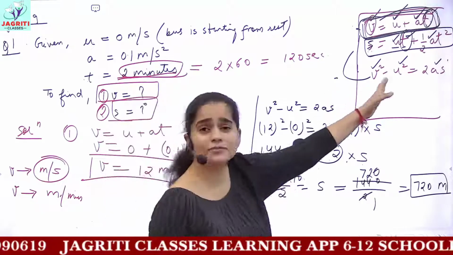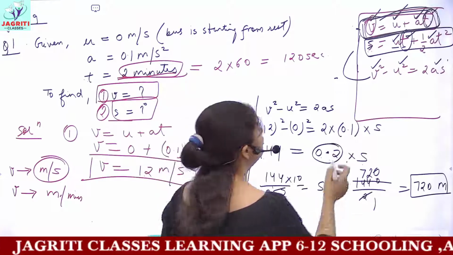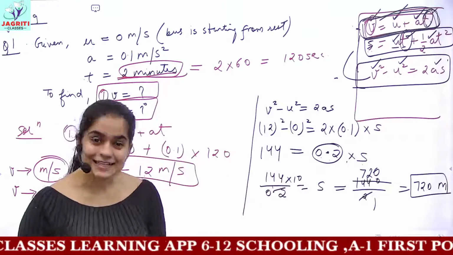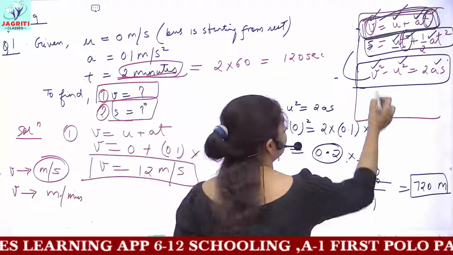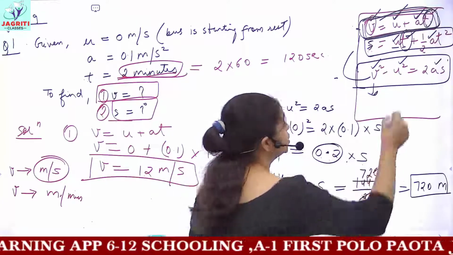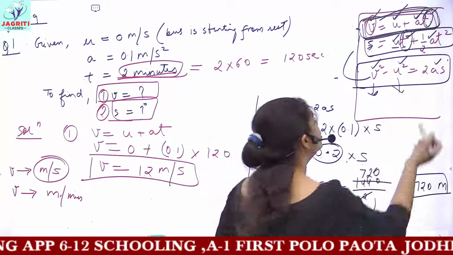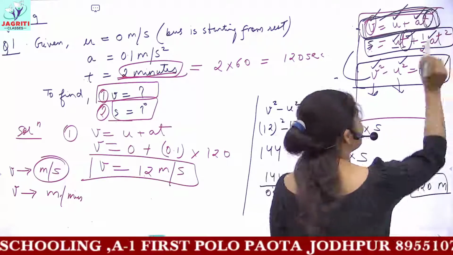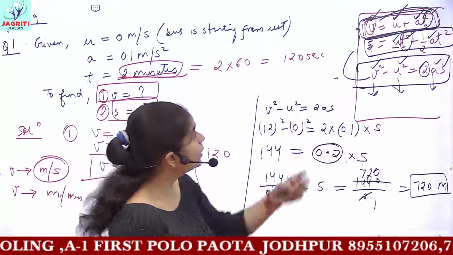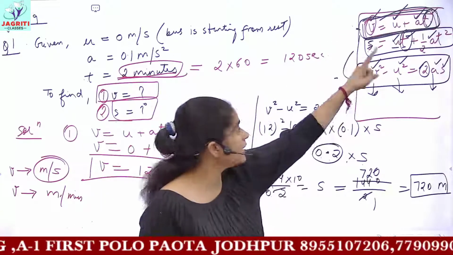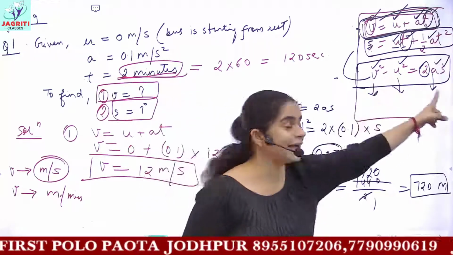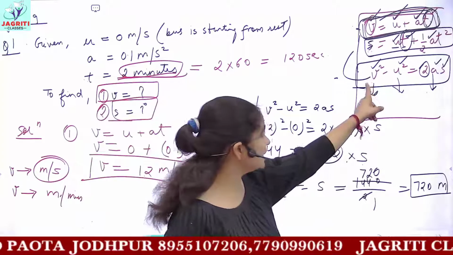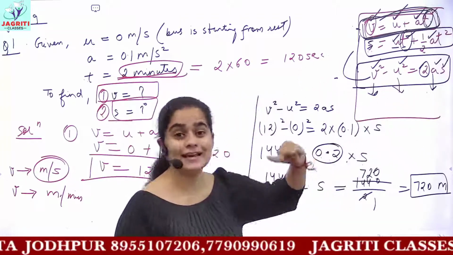Yes, you have the third equation of motion with you, which is v square minus u square equals 2as. And if you apply this equation, you know the value of v, you know the value of u, 2 is already known, a here is also given, and you can directly find s. So why apply two equations when we can do the same work by applying a single equation? So we are using this third equation of motion in our question number 2.